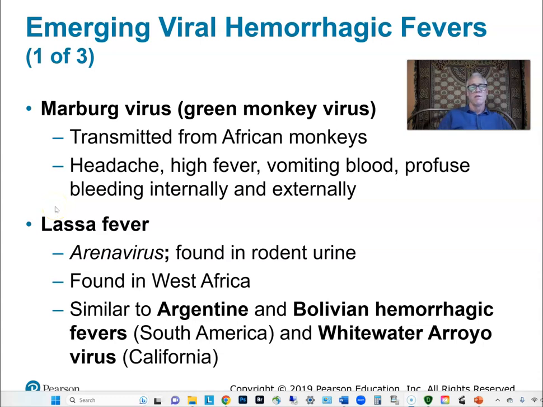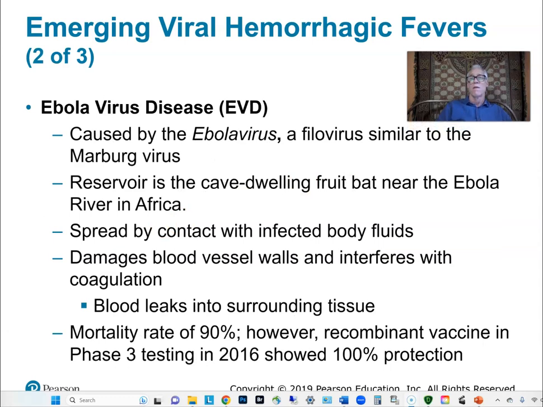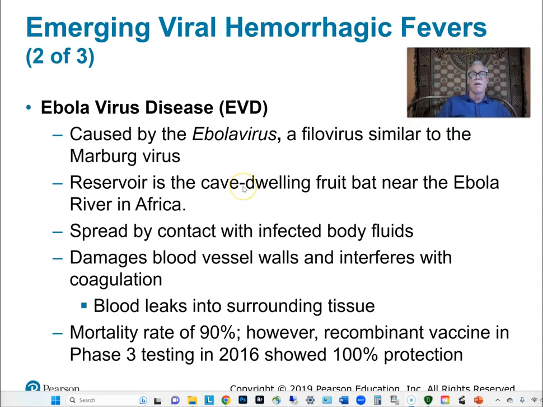Lassa fever, this is an arenavirus, and it's transmitted in rodent urine. It comes from West Africa. Similar to some other viral fevers that occur in other parts of the world, so it's quite a nasty one. Ebola virus is again another hemorrhagic virus, another filovirus, and this is thought to have